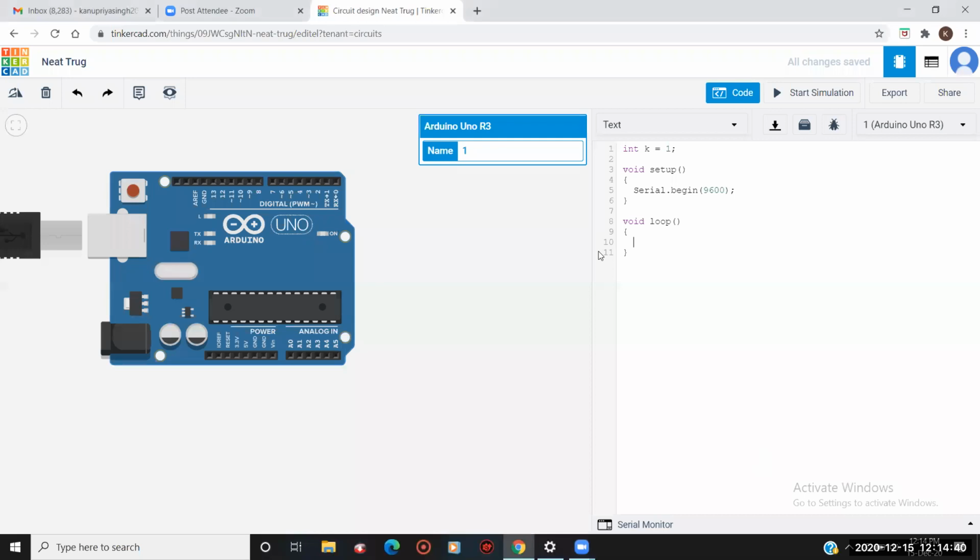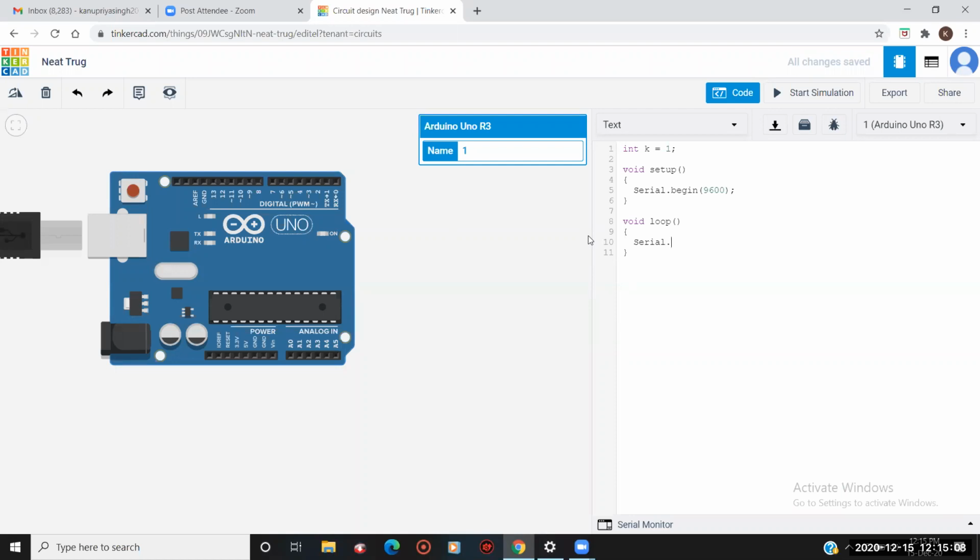Now, in the loop section, in void loop function, I'm going to define that you are going to take the data. Serial monitor is saying that, okay, you are giving me the data, but tell me what I should take. So I have to tell him that I am going to print something.